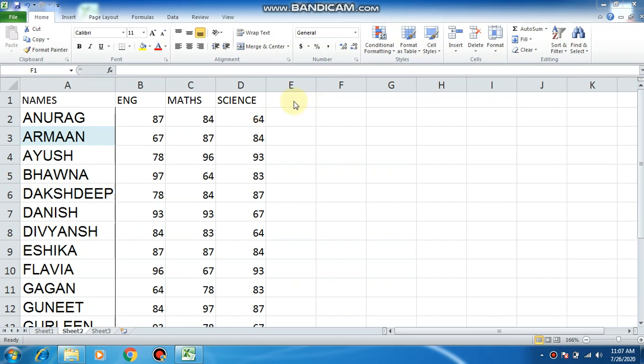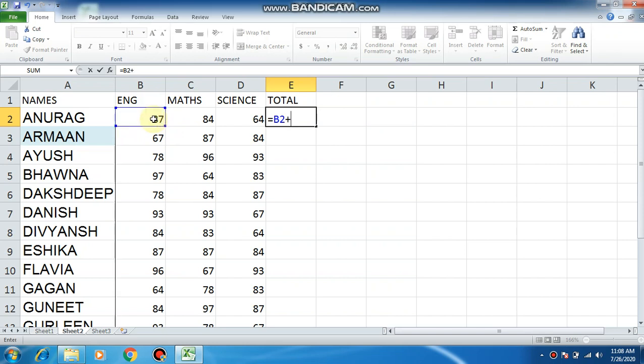Now how do we create a formula? We have the sample data in front of you, in which we have names and marks of the students in English, Maths and Science. We want the total of these marks. So instead of totaling them manually or separately, we can create a formula using an equal to sign and giving the cell address. You know the cell address is the column letter followed by the row number. The cell address for this cell is B2. When I click here, automatically it will come in the formula.